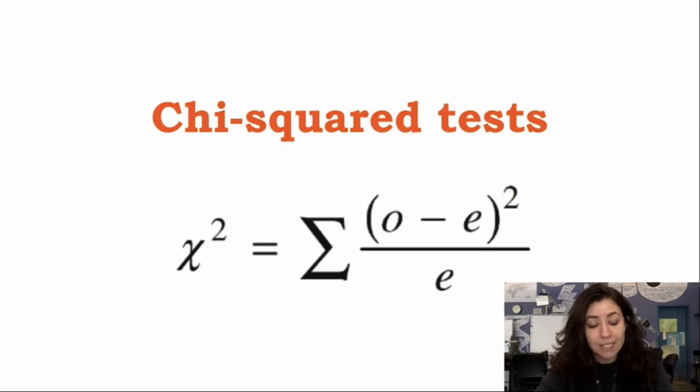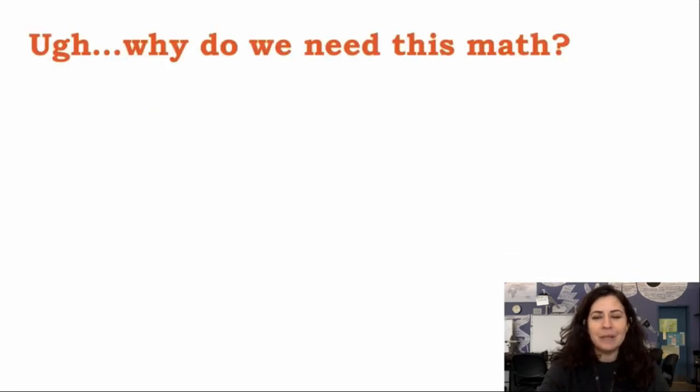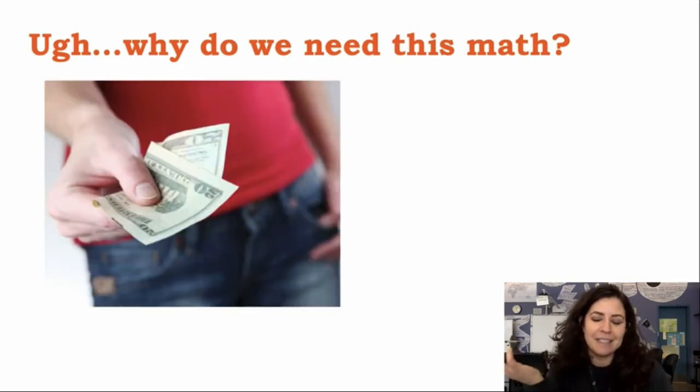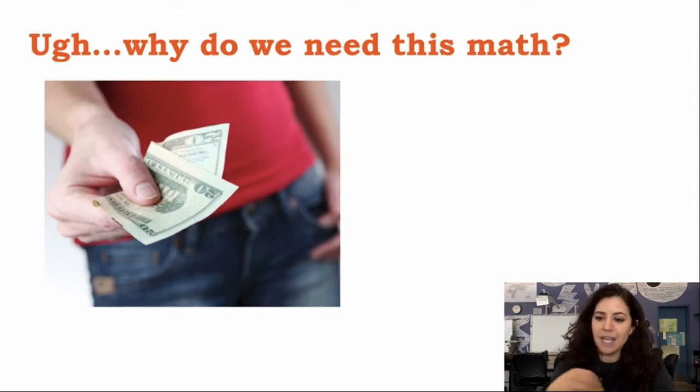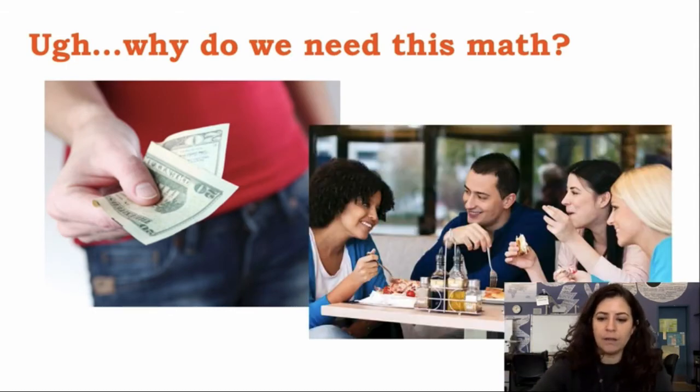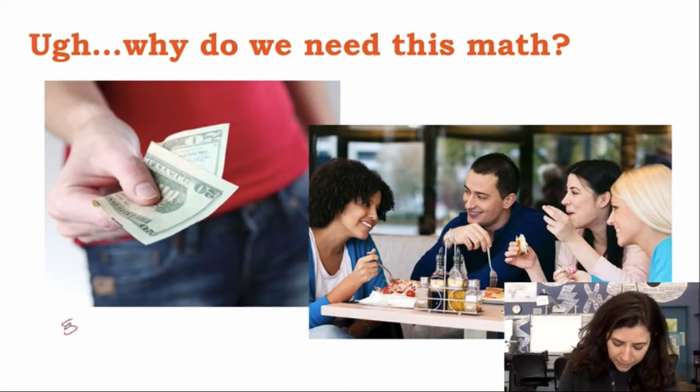Okay, so chi-squared tests are an example of statistics, and to just remind us why statistics is important, I have a fun little analogy for us. Why do we need all this darn math in our science? Okay, well, let's imagine a similar analogy. Let's say you lend one of your friends $20, and then the next week you all go out to lunch and your friend is like, hey, since I owe you $20, I'll buy your lunch. Okay, great. So let's say the bill comes and your lunch comes out to